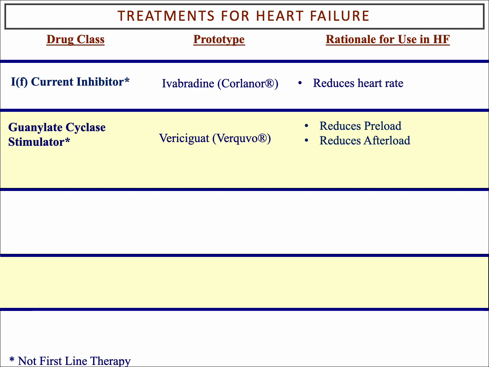Finally, the last two are treatments that are rarely used. They're fairly newer modalities. They're kind of far down on the line when you've exhausted everything else and you still got someone symptomatic. One is ivabradine, which reduces heart rate. And if you've maximized their beta blocker and they still have a heart rate above 70 and they can't tolerate